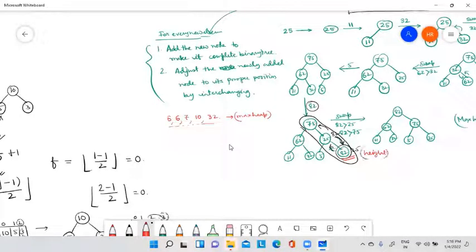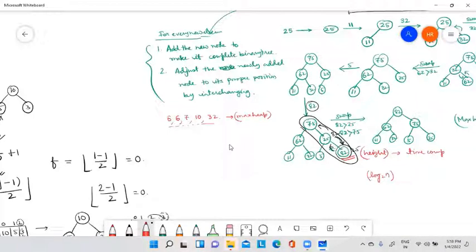So height is the time complexity here. What is the height for a full binary tree or complete binary tree? We already know that the height of a full or complete binary tree is log n. So in the worst case, to adjust one element we require log n amount of time.